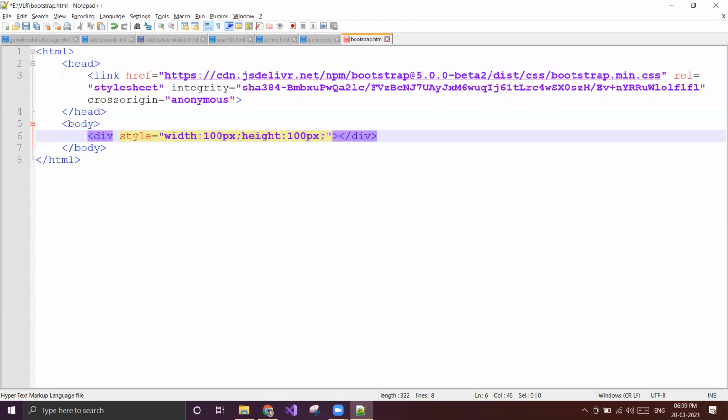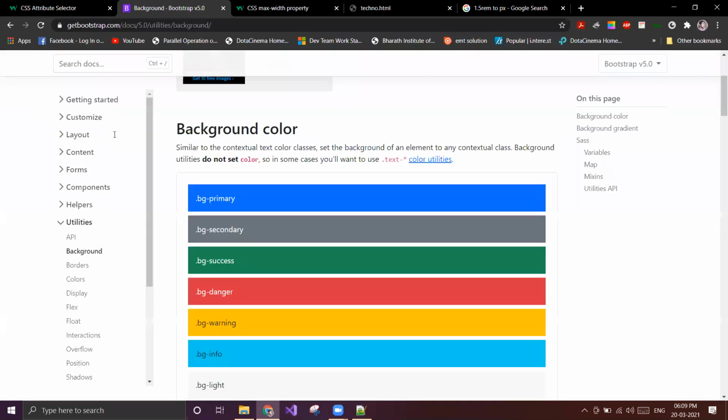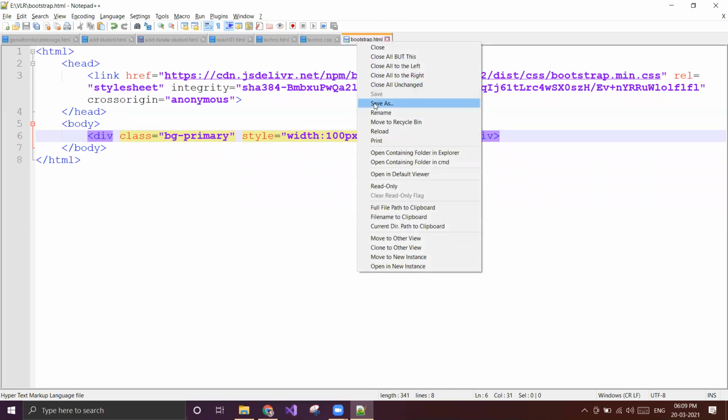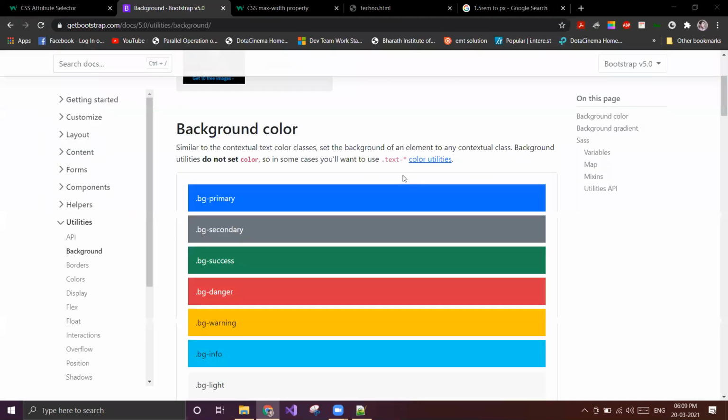To this I'll apply a class equal to BG primary. Let's see what happens. You can see the div got a background color, that is blue. In Bootstrap, this is the primary color.